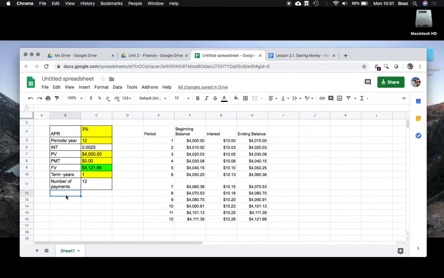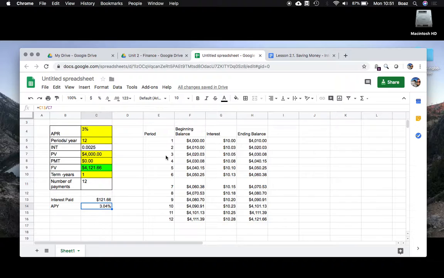The interest paid, we can calculate as the ending balance, the future value, minus the present value. So we get 121.66, and the APY, of course, was equal to the 121.66 over the starting value. So it's the interest paid in a year, and so we get 0.0304, which as a percent is